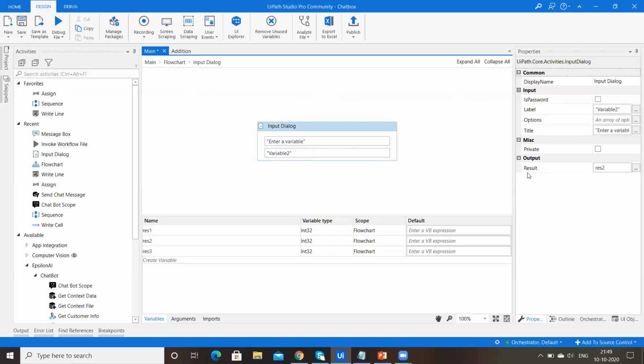In the output column, I created another variable called result2, whose variable type is Int32. Change the scope to the flowchart.